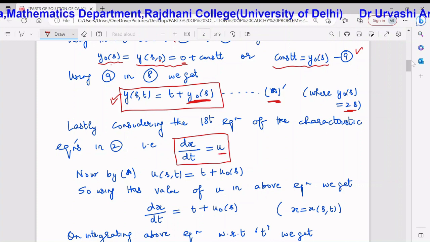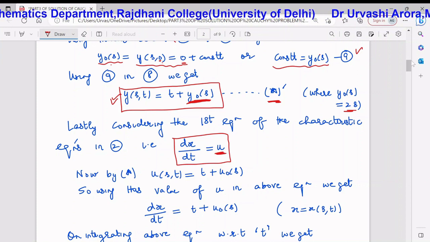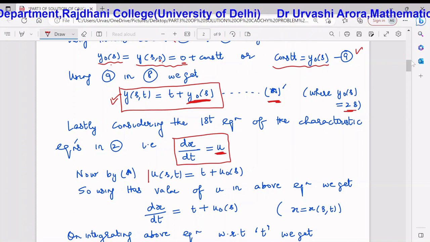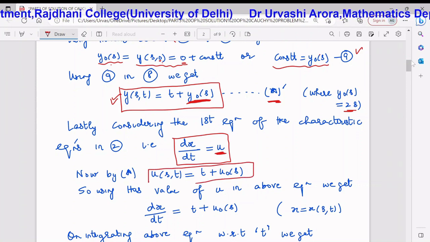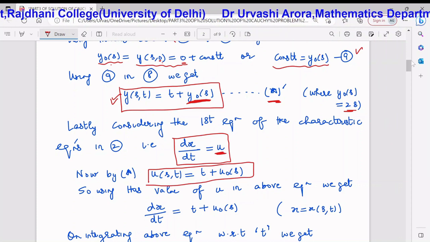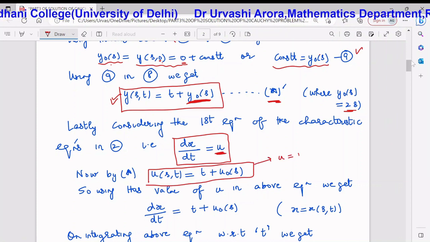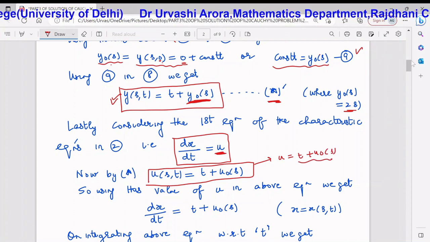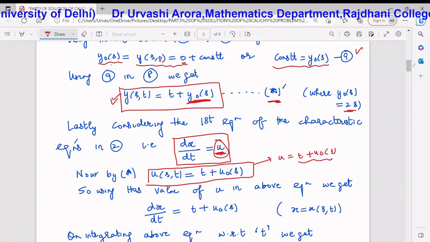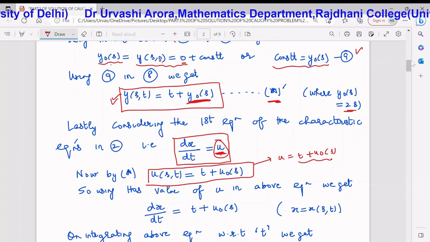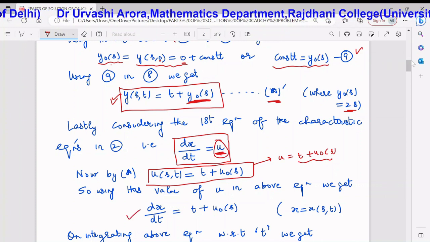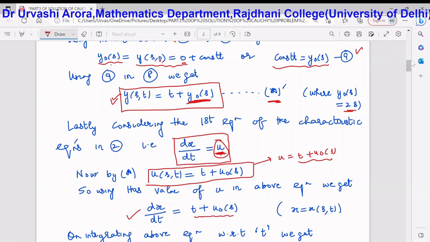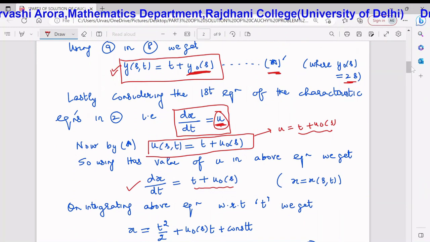Here, before you integrate, we put the value of u, and the value of u we have already calculated in star, because star was an equation giving the expression for u(s,t). The value of u by star is given by t plus u naught s. So I just put this value of u in the above equation, and we have dx by dt is equal to t plus u naught s, and of course, we know that x is a function of s